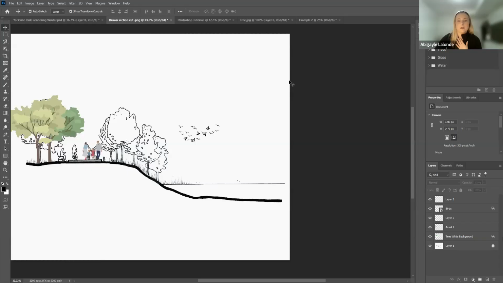Whereas all your line work, making sure the perspective is on, or just the overall composition and arrangement of the space, that's what I would do in Illustrator. But yeah, those are just some tools to get